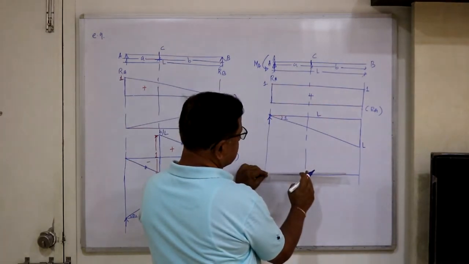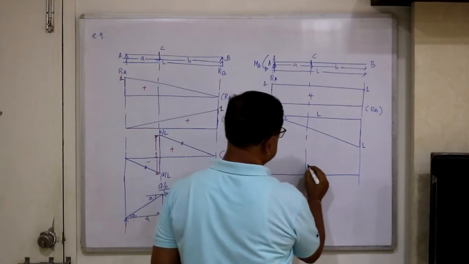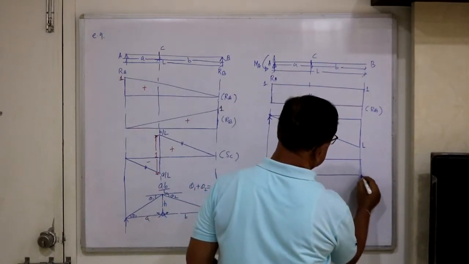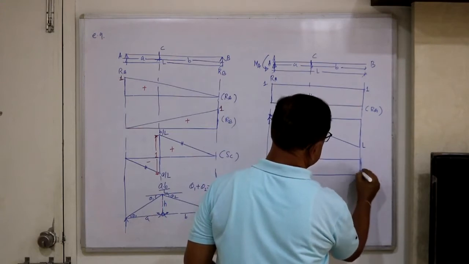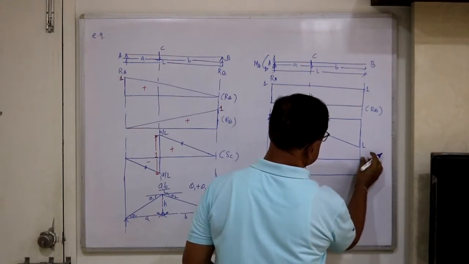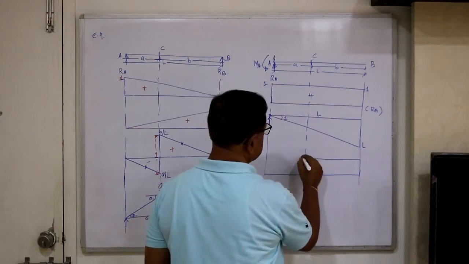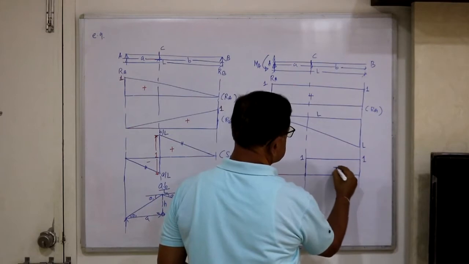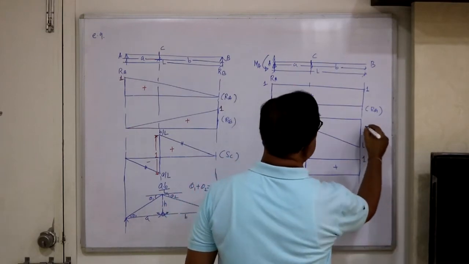We have taken a cut and only the right gets lifted up. That's why you just keep the shapes of the ILD for cantilever and simply supported beam in your mind, in order to understand that this is 1 and this is positive. So this is MA